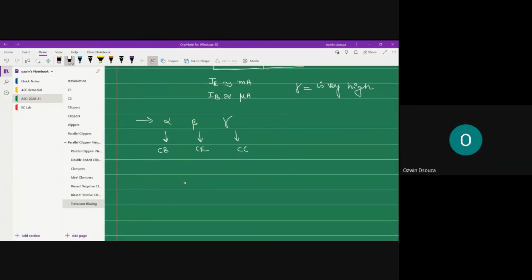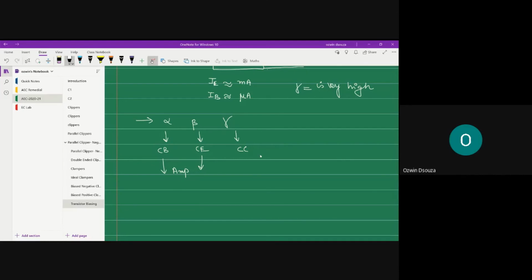Now, why do we need these three modes? Why not stick to only one single mode? The main objective of the different modes is to get different transistor characteristics. Common emitter mode as well as common base mode are widely used in amplification. Amplification is a process in which the low signal strength of the incoming signal is enhanced to a larger value. So basically it increases the signal strength.